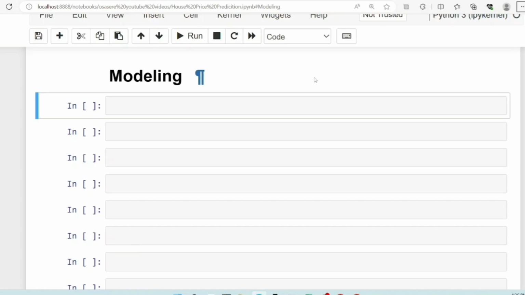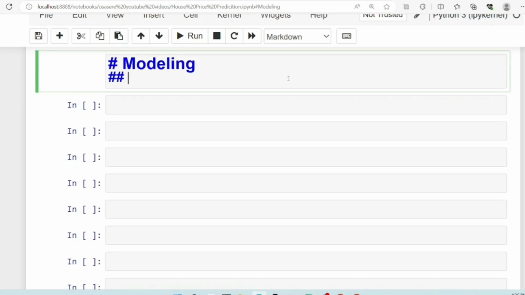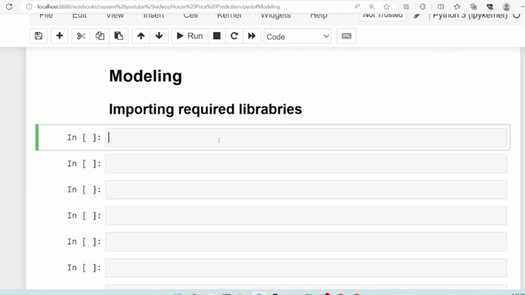Okay, the first stage we are going to go over is importing our required libraries. The libraries we are going to be importing are